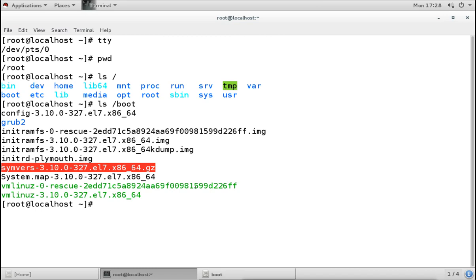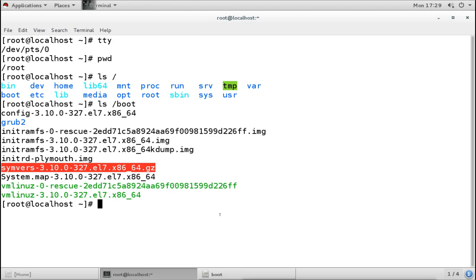This is a red color. Now this red color is actually for compressed files. We can say they are archive files. This is a zip file here; you can see the extension is GZ. So when you see the red color, it can be RPM files. You will see RPM files as red color. You will see zip files as red color. Also you will see tar files as red color.